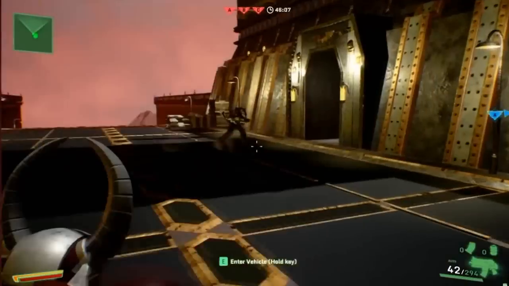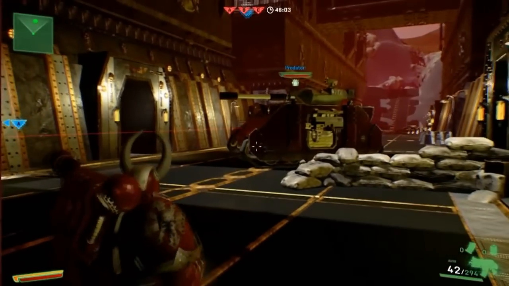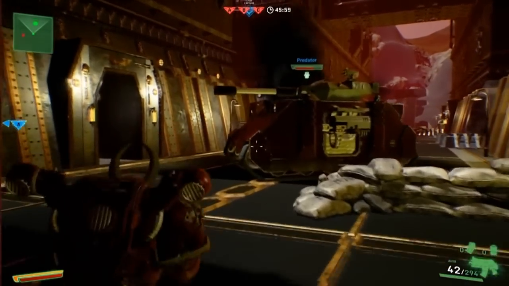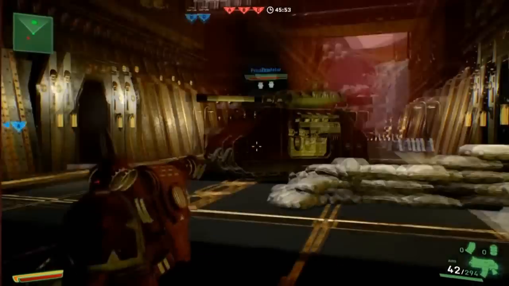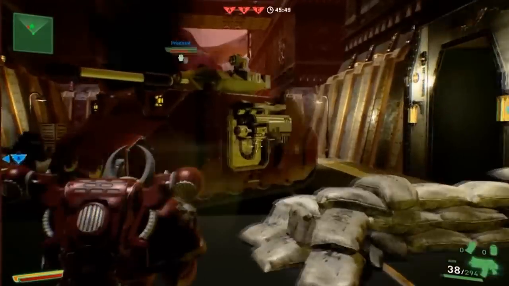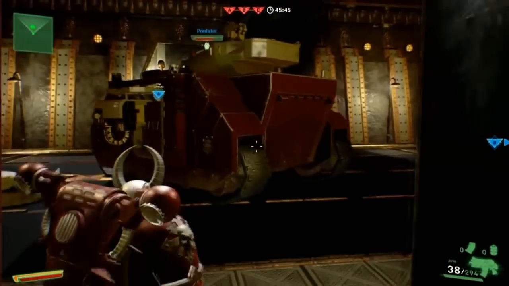And why don't you fire your las cannon at the front of the Predator. Pew! So it did some damage, not a huge amount. Let's try the back. Back's over there. What exactly are those sand bags made out of? Because somebody's pointing out like the Predator doesn't annihilate them. They must be some like...